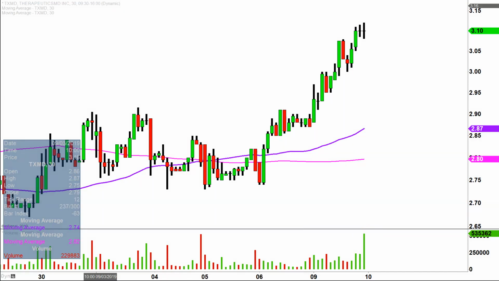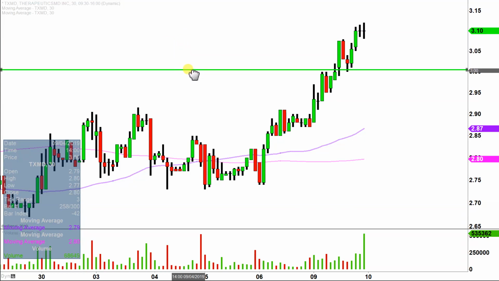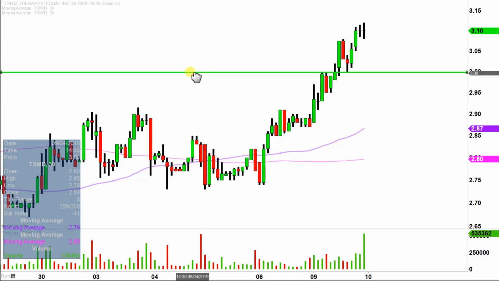So let's map out areas of support, and then we can talk levels of resistance. First level of support is what I would call the ideal level. And we say, hey, Clay, what would make this chart look the absolute strongest going forward? And that would be if the price could stay up above $3. Now, with that being said, don't get me wrong, it's not like if the price falls below 3, then that implies the entire chart is destroyed or ruined or anything like that. But yeah, if the price could manage to stay up above that level, that would definitely be a great sign